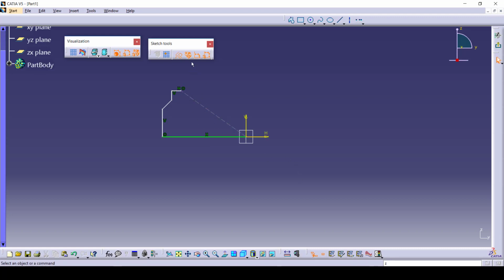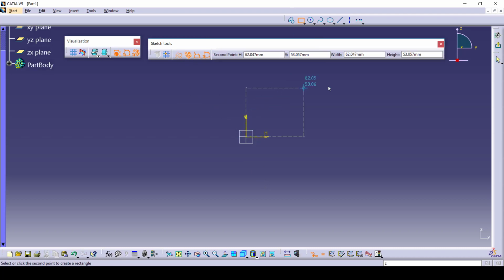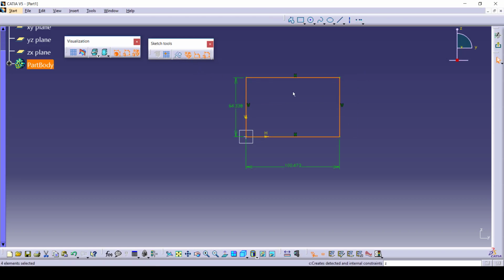Okay, now beyond that you have three commands. One is geometrical constraint, dimensional constraint, and this is automatic dimensional constraint. So how does this impact? Now I'll create one model. I just create a rectangle here. Here you can see by default I get my lengths and the constraints, vertical constraint, horizontal constraint.